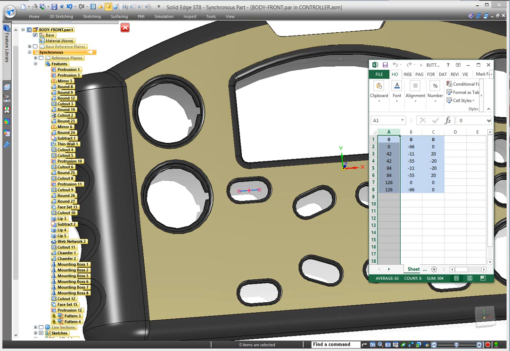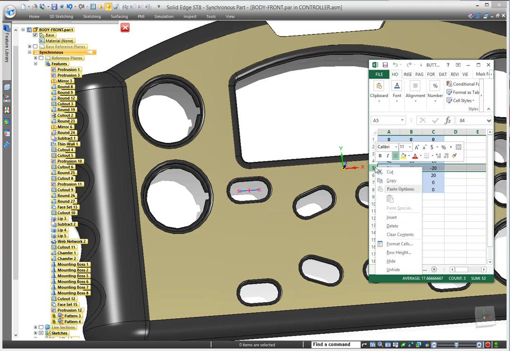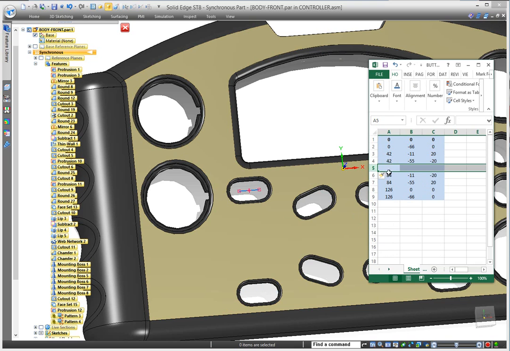If I just bring up the spreadsheet by itself, so I'm not in the pattern command at all, what I'm going to do is insert some more information in here. So we want to add another key in here. So I'll build the location for that, 63. Remember, I don't want any rotation on that, these are all relative to this first location here. So save the spreadsheet,